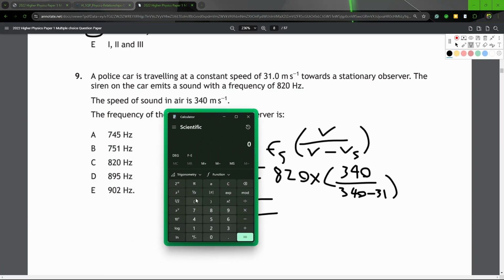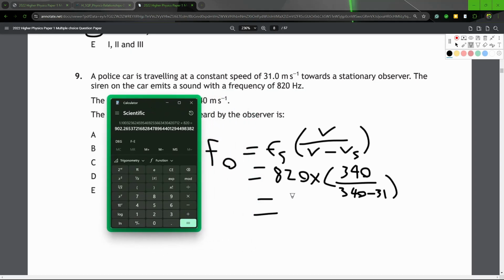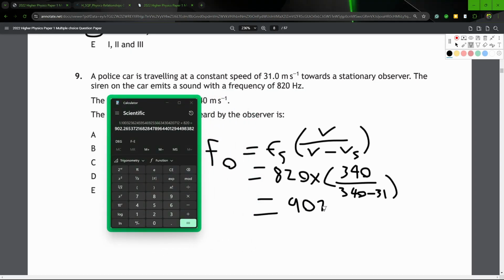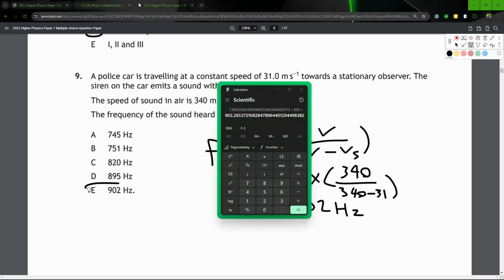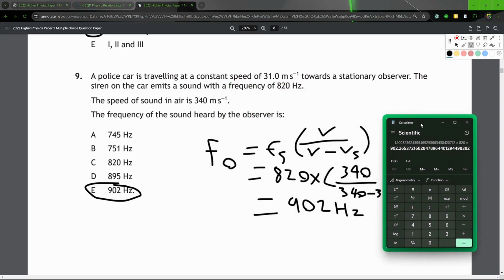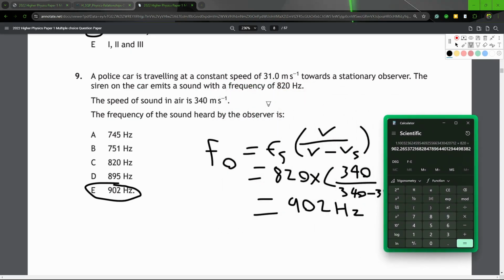Oh boy, this will be a lot of brackets. Okay, I've just calculated this term, so we just need to calculate 820. What do we get? 902 Hertz. And we should look at that. That's E. And again, we can think about if it's moving towards our observer, the frequency is going to increase